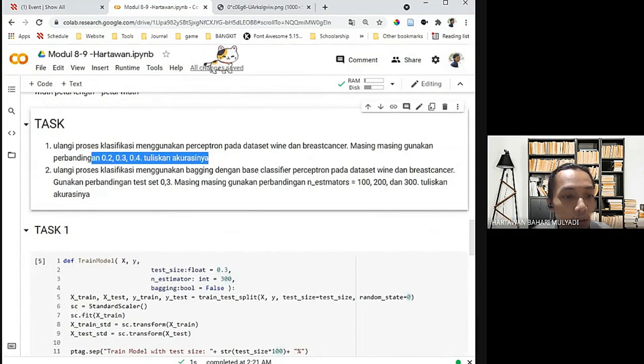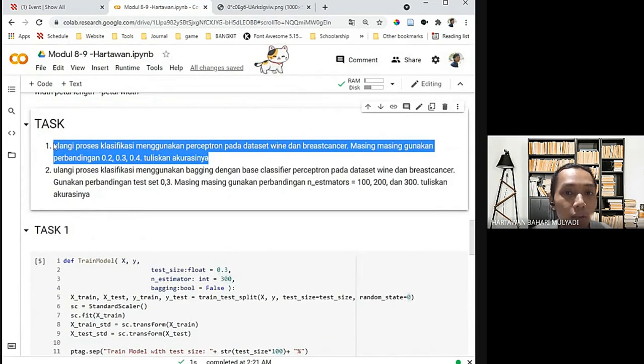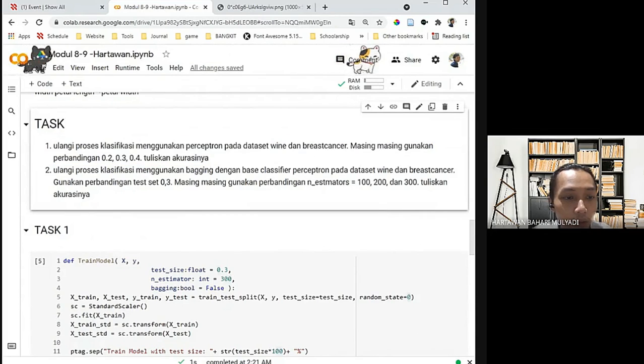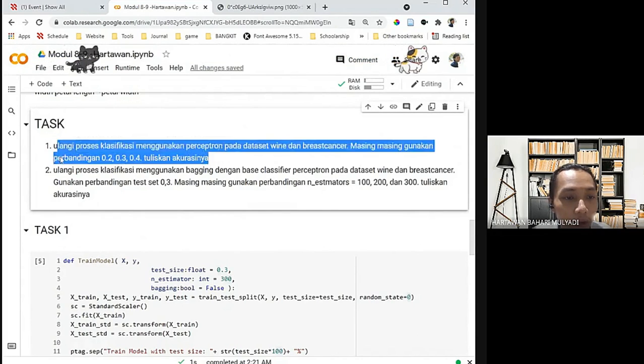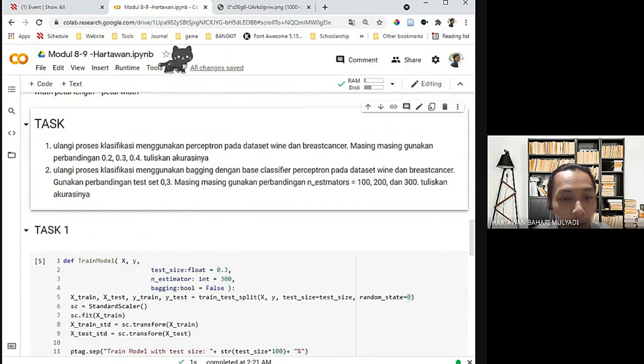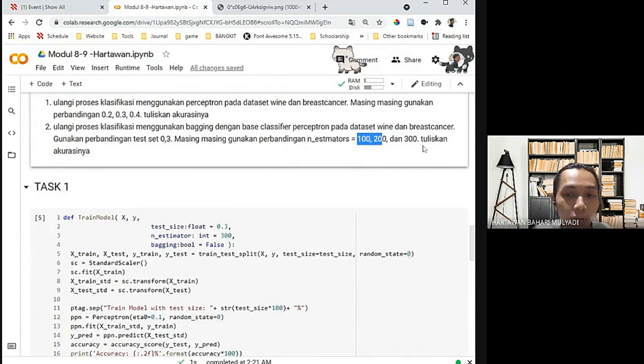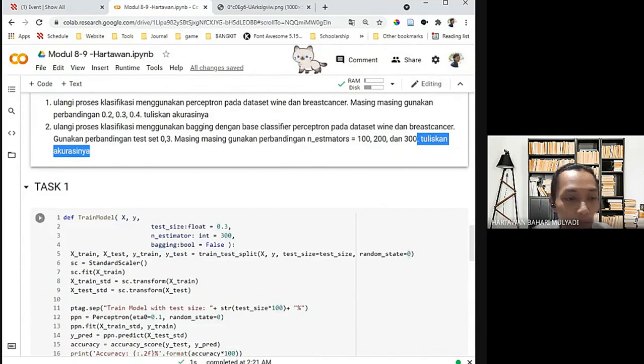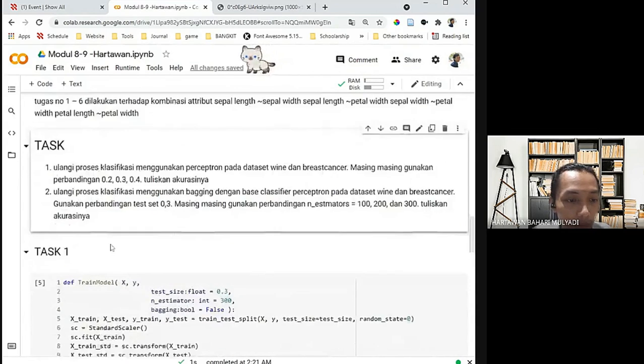In our case, we only train the model, and we don't need to use validation and testing. Next, for the second task, we need to use Bagging with the base classifier perceptron, using the datasets wine and breast cancer. The test size is set to 0.3, and the n_estimators to 100, 200, and 300. We only get the accuracy, and we don't need to validate it.